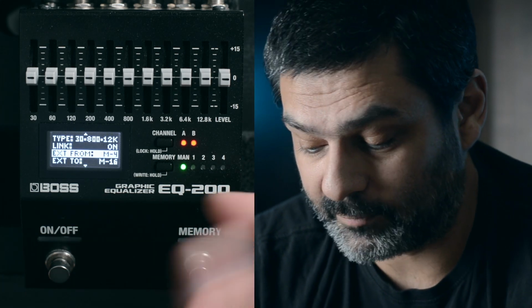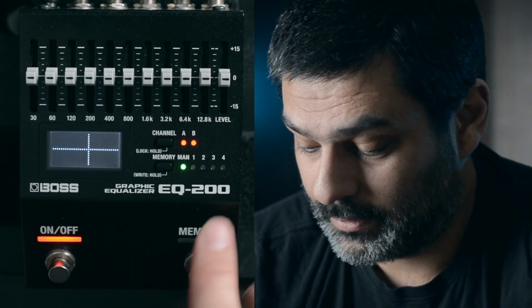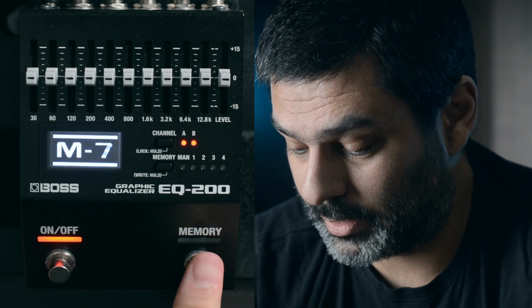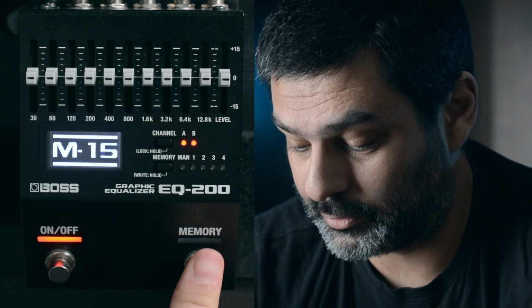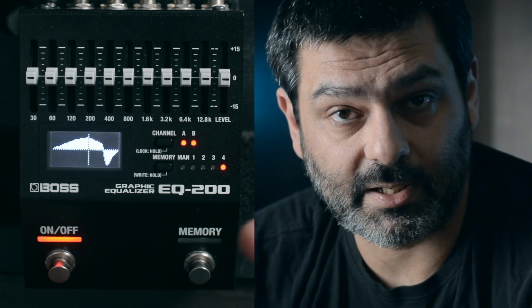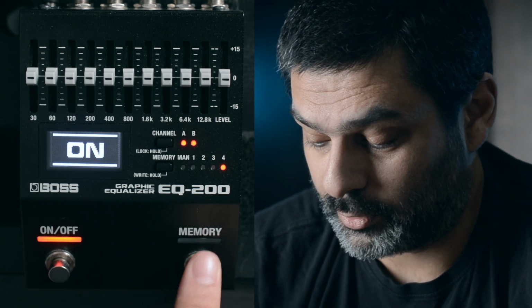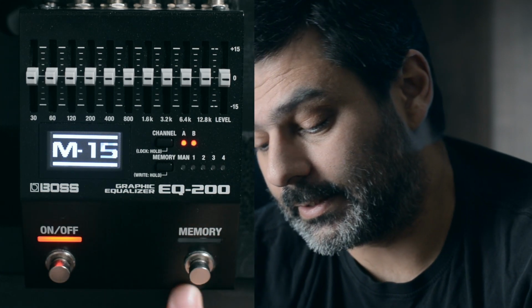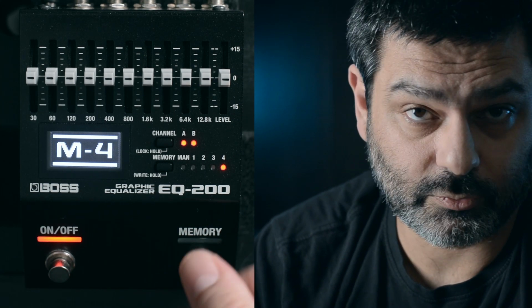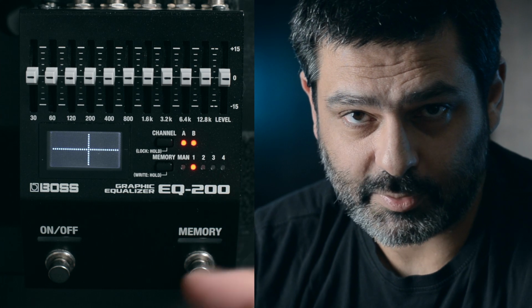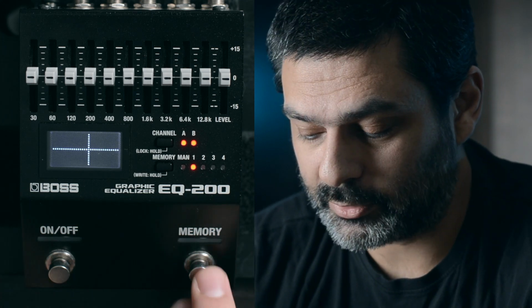Now, you've seen that I can also control the X from, so if I only want this pedal to go from M4 to M16, then I can do that. So M4, it trips over to M16, and then it starts again at M4. So on, off, forward, all the way to 16, and then down to M4 again. But of course now, when you have more than just 3 or 4 presets to scroll through, when you're just using the memory up button, it can get really complex.